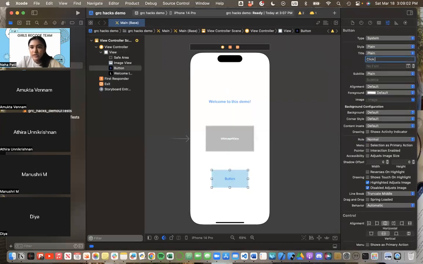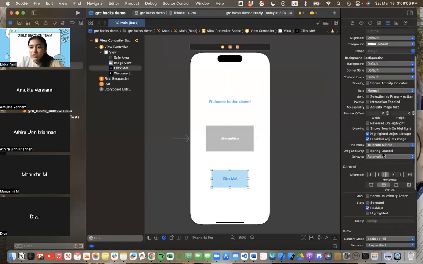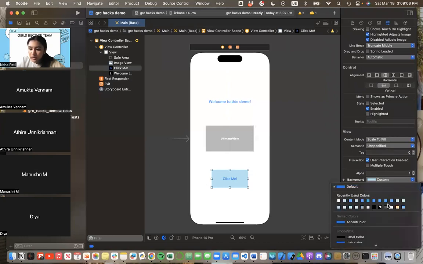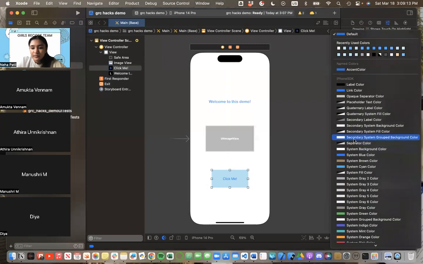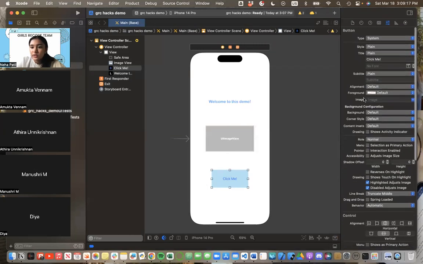And for the title, I'm just going to say click me instead, and change the tint, or the label color, which is called tint here, to a different color. And then for the font,